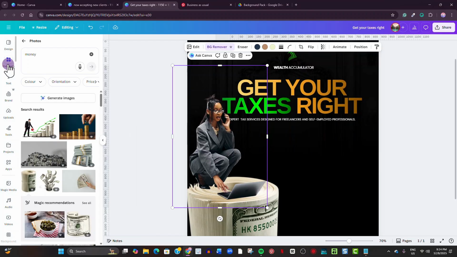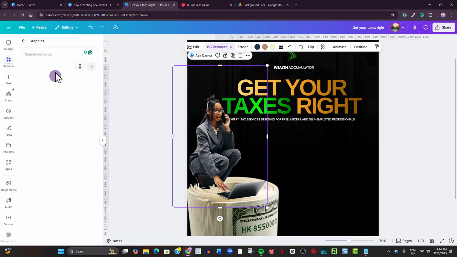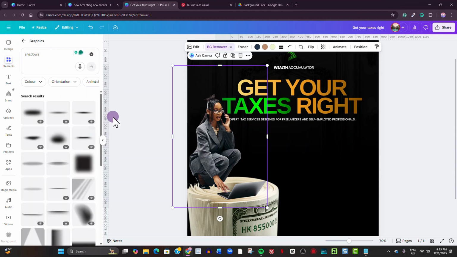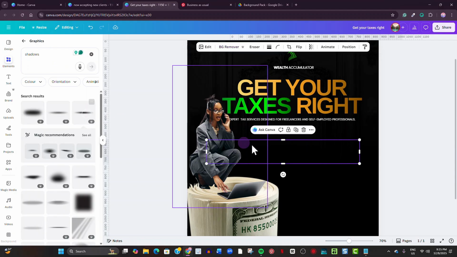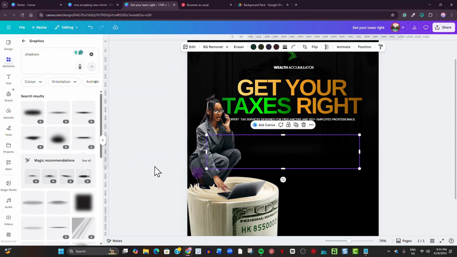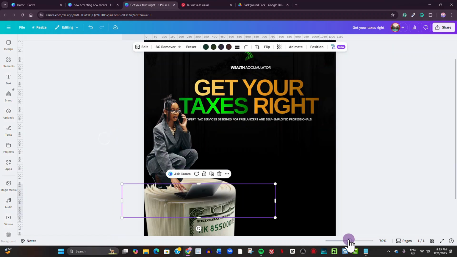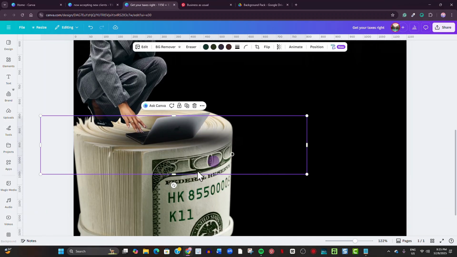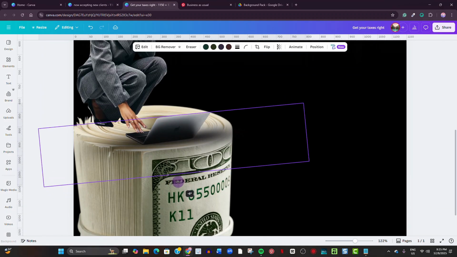Right. Now I'm going to search for shadows under graphics. And I think I'm going to go with this one. Let's try another one. Let's try this one. And I'm just going to zoom in on the image, and I'm going to rotate this to mimic the angle